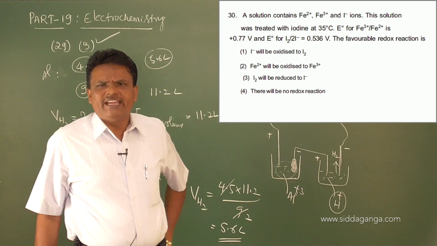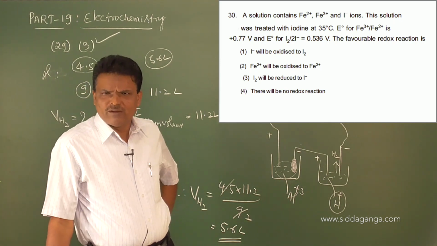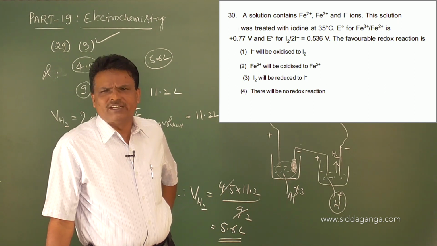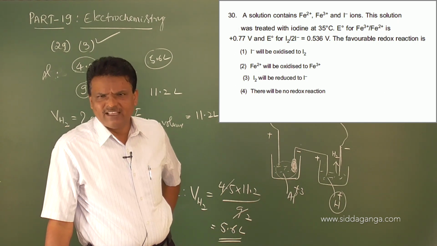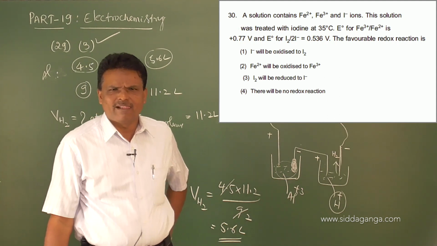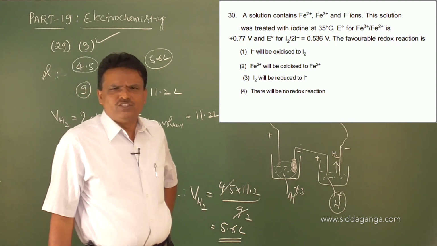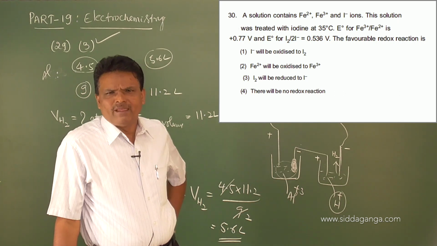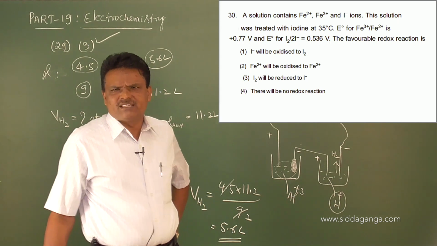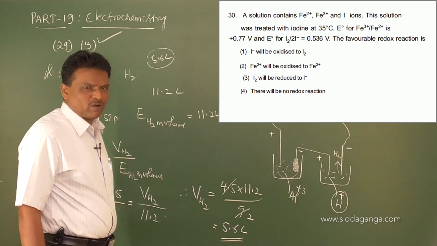A solution containing Fe+2, Fe+3 and iodide ions. This solution was treated with iodine at 35 degrees centigrade. E0 for Fe+3 to Fe+2 is 0.77 volts and E0 for iodine is 0.536 volts. The favorable redox reaction is